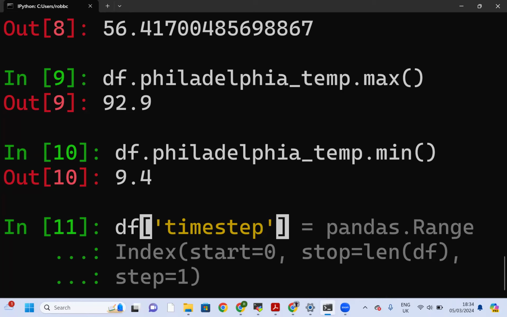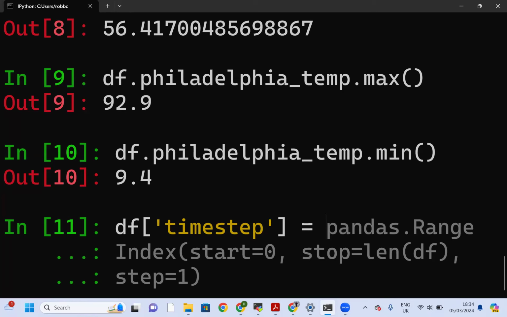So we are making a new column of the data frame. There isn't already a column called time step; we're creating a new one. I found when you do df dot time step to make a new column, it throws an error. So this one time we'll use this different syntax to call the column. That's df, open square bracket, open quotation mark, time step, close quotation mark, close square bracket, space, equals,